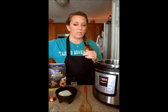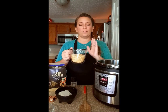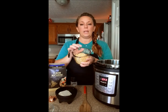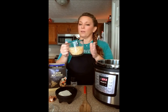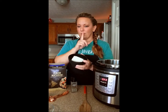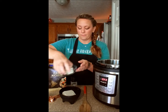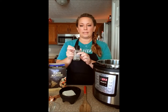The other thing that you're going to need, obviously, is some cheese, and you can use shredded cheddar cheese. You can use mild or sharp. I have here some Colby Jack cheese, and I'm a big fan of just using whatever you have. I also have some cream cheese. This is my secret. And then about 2 tablespoons of butter, and of course some black pepper to taste,